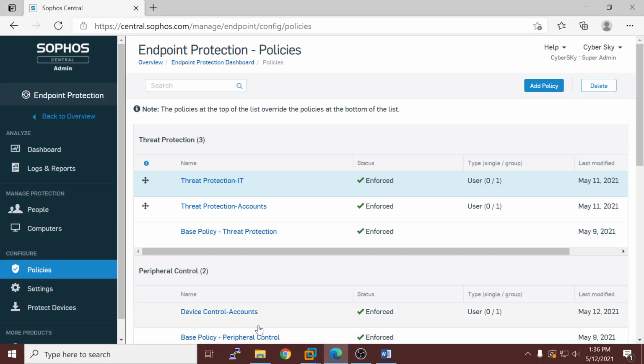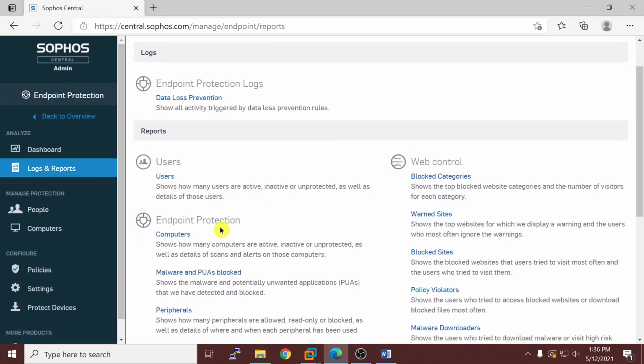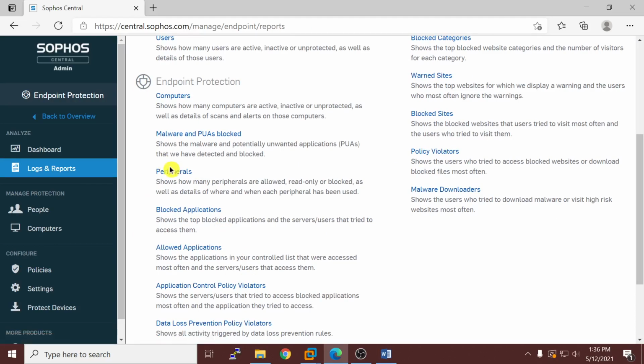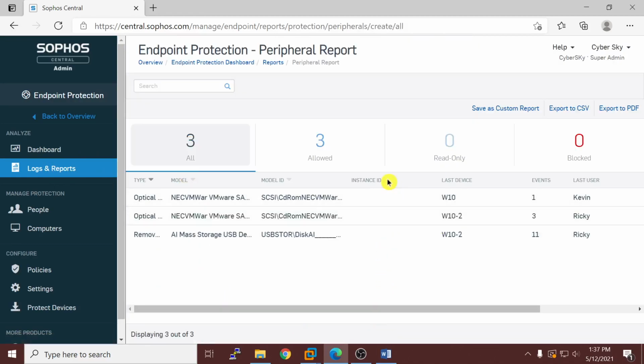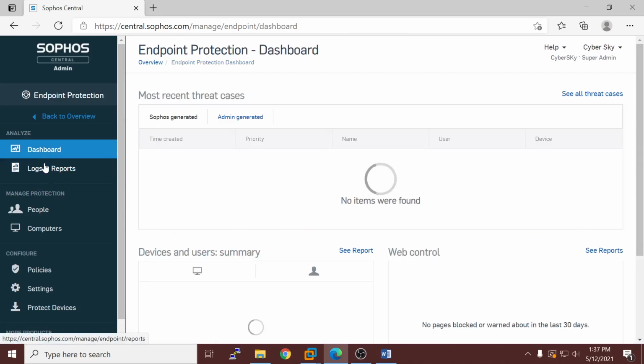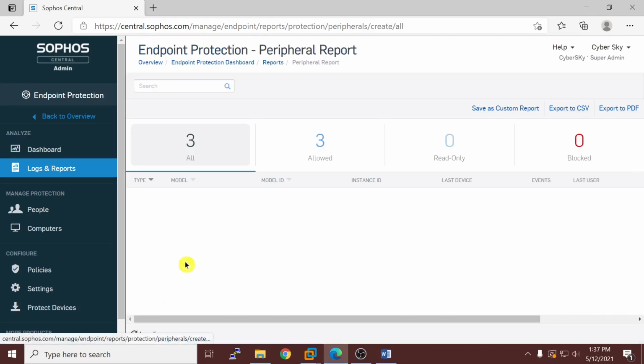If I come to Sophos Central, and let me come to Logs and Reports, here you can see the peripherals. Under Logs and Reports, under Endpoint Protection, Peripherals, you can see peripheral is currently allowed.